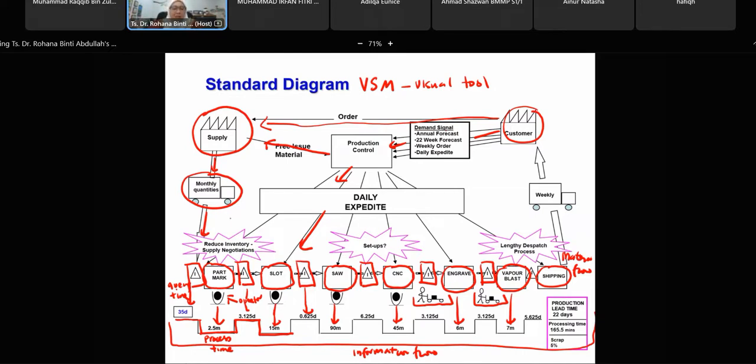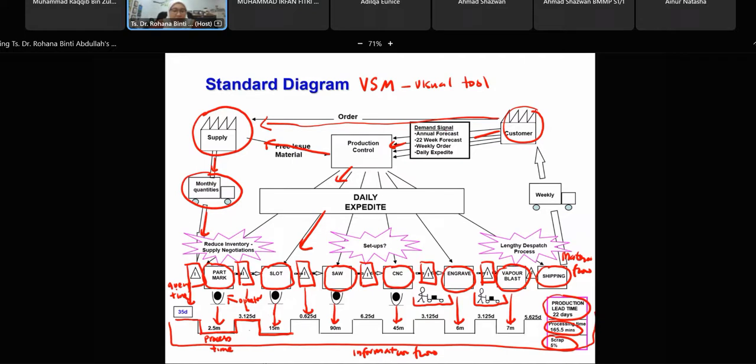So dekat sini, you boleh tahu, contohnya, kalau you campur-campur semua ni, right, you campur-campur semua ni, kan, you akan dapat dia punya process time dia is 165.5 minutes. And ini information kita boleh dapat daripada production lah. Alright. And then lagi satu, you akan dapat information pasal production lead time. Production lead time 22 days. Alright. So ini ni,